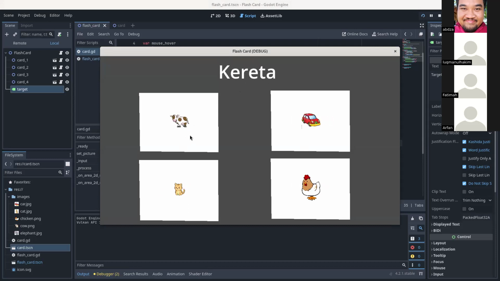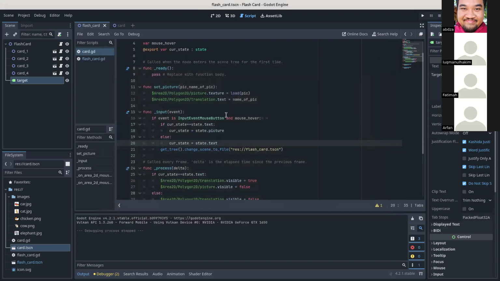Oh, wow. That's not nice. It reloads really fast, so we don't want that. What we want to do is only change the scene after the user lifts the button, not when they press. Only once the user lifts the button. So we're going to check what is the event that the